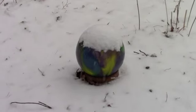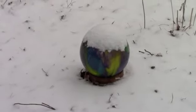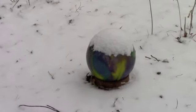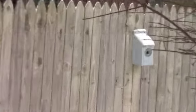You can even use something as mundane as a bowling ball, a colorful bowling ball. Just set it on a coffee can that's been kind of dug into the ground a bit, and you'll have a garden sphere. And the last thing I wanted to show you was make sure you have some bird houses,